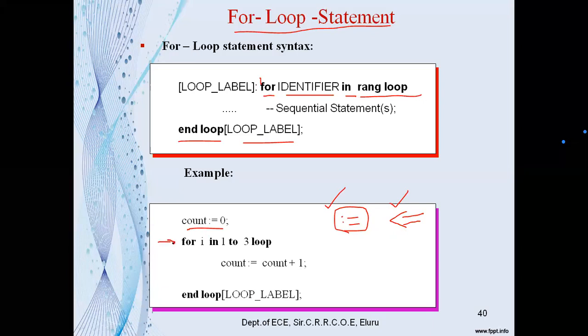Now see this. In this example, we are using the for loop statement. So how to write it here? For I. So what is I now? I is a variable, or it is an indexed value. What are the indexed values for I? That is defined in the range, right? The values of I are defined in the range. So now for this example, we see I in 1 to 3 loop.